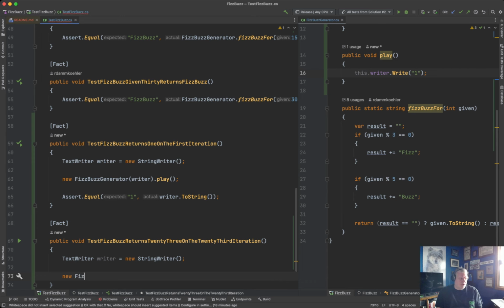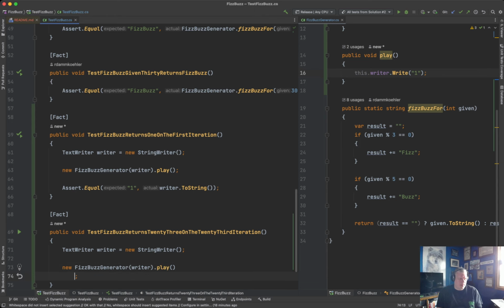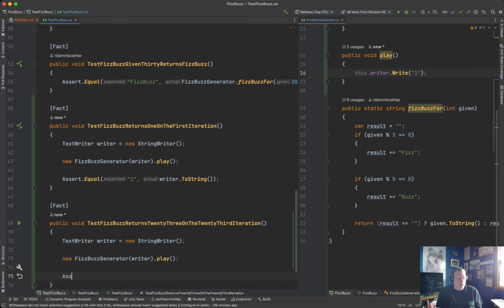New FizzBuzz generator. So 21 is divisible by 3, 22 is not, 23 is not, I think. Pretty sure, yeah. So I should get the string 23